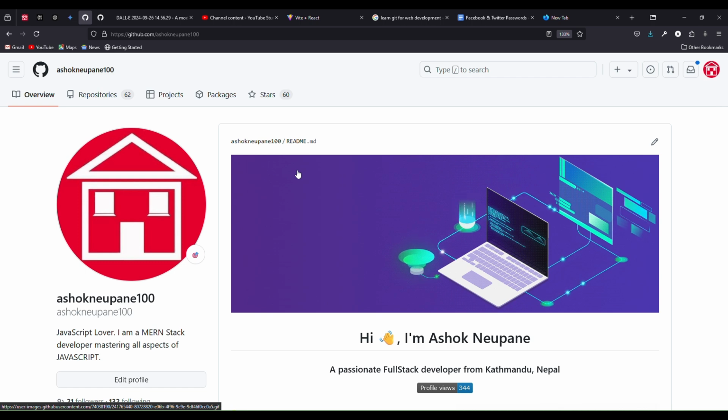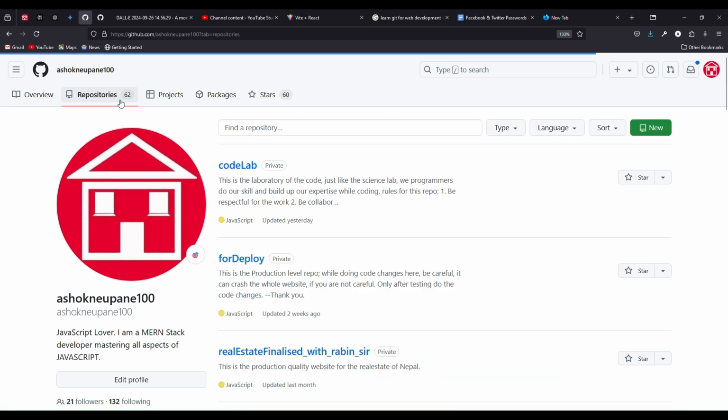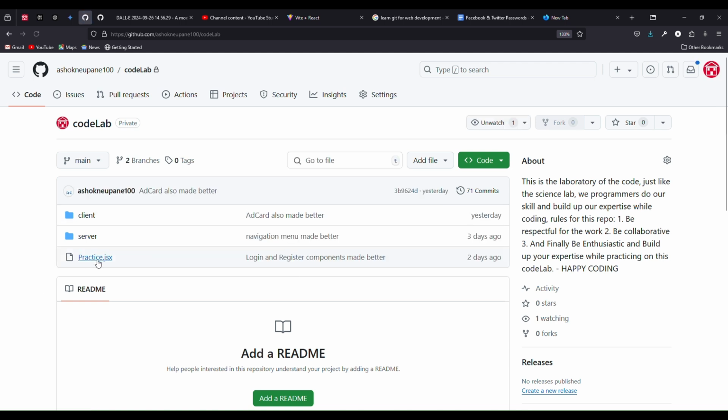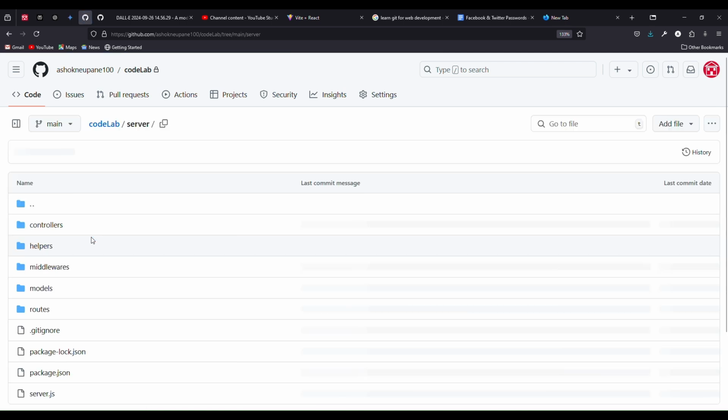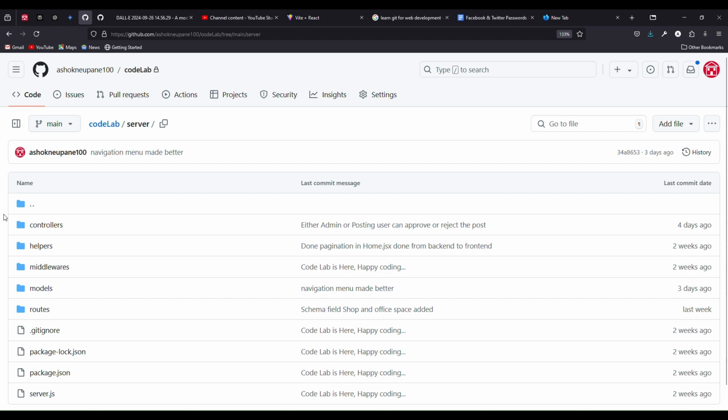Suppose you are very good in front end, but you have very little idea about the back end. You can code the front end of that project and share it with Git, and at the same time another collaborator comes and works on the back end. For example, you can see I have done these things. I love server-side back end, and I have coded these things.